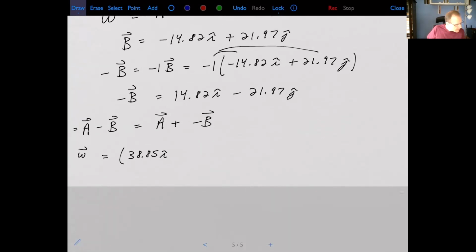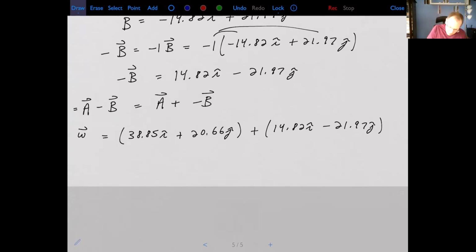I hat plus 20.66 J hat. And I want to add negative B, so this is going to be positive 14.82 I hat minus 21.97 J hat. So I add the i's together, just like before, right? I add the i's together, and then I add just the j's together to get my resultant, which I'm calling W here. So W now is going to be